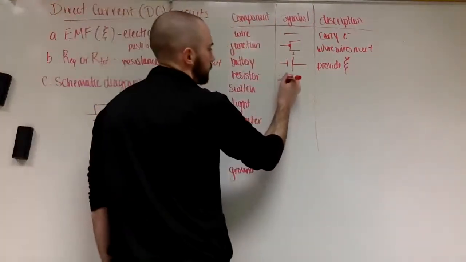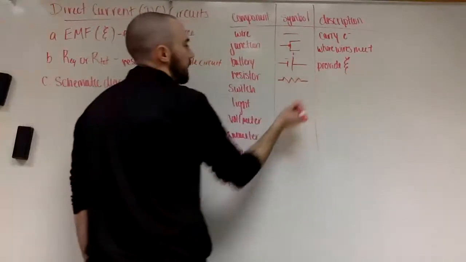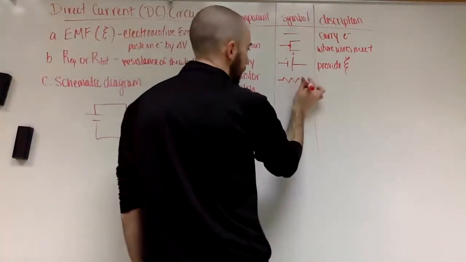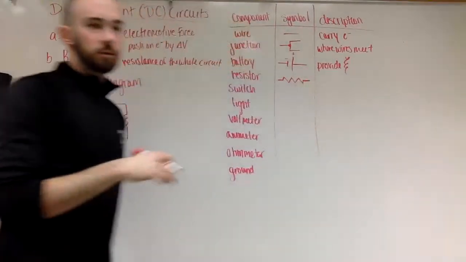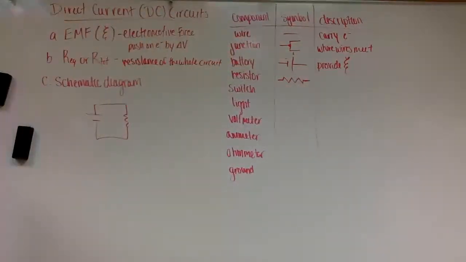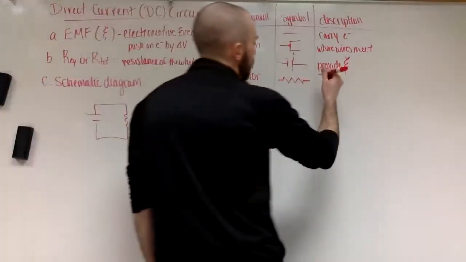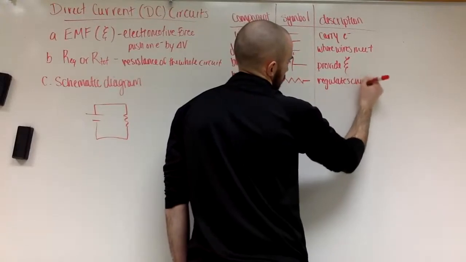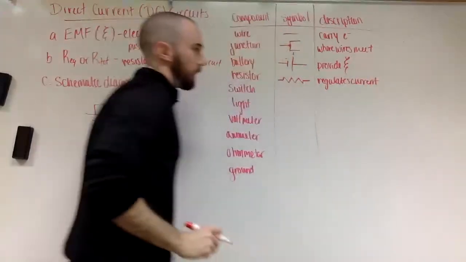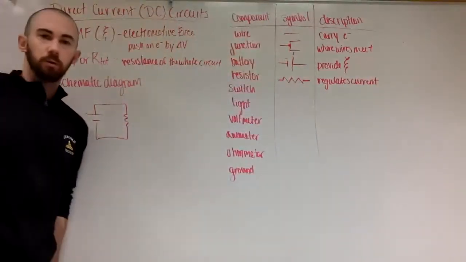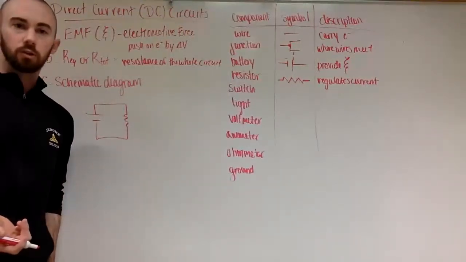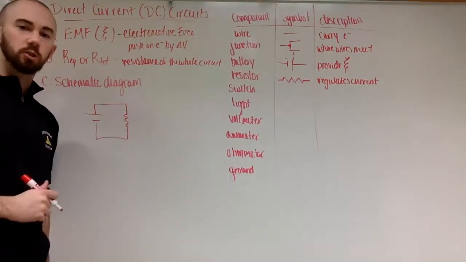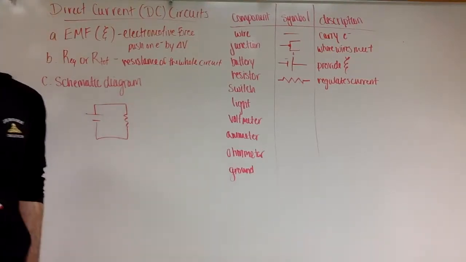Resistor. Technically, I believe it only has 3 lumps. I might have missed one on the bottom. But if you make it look fairly close to that, I'm going to understand the idea. And a resistor regulates current. Basically, it takes your electrical energy and it turns it into heat. As you put electrons through a resistor, it's going to heat up. As some of the energy gets used up, that's why the voltage drops across resistors and it limits the amount